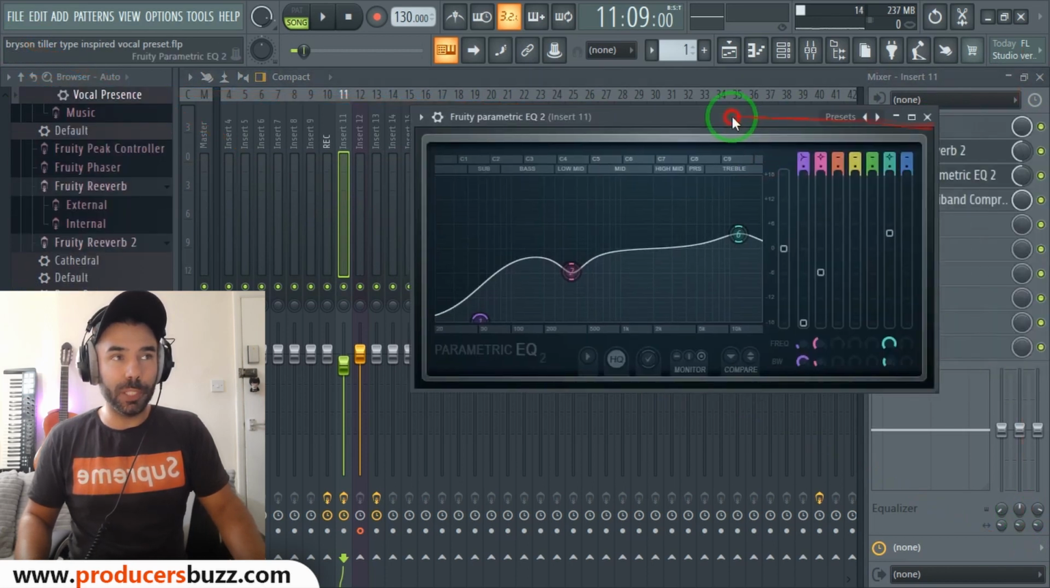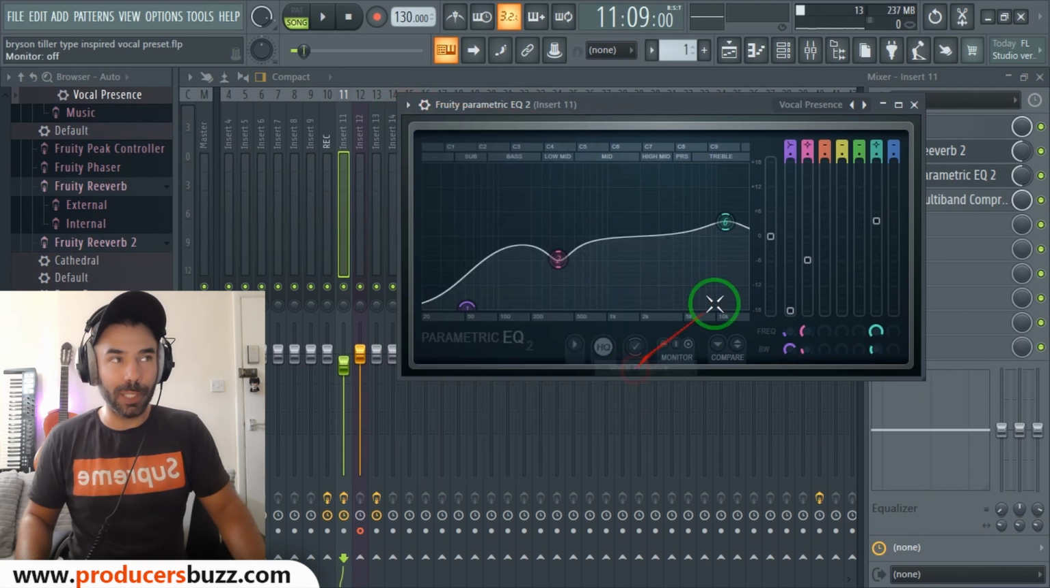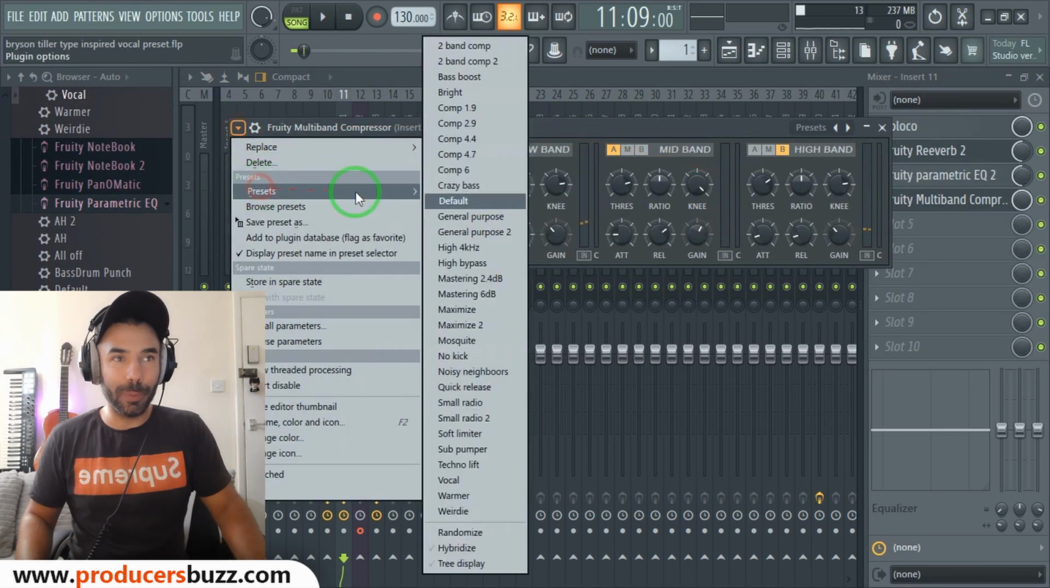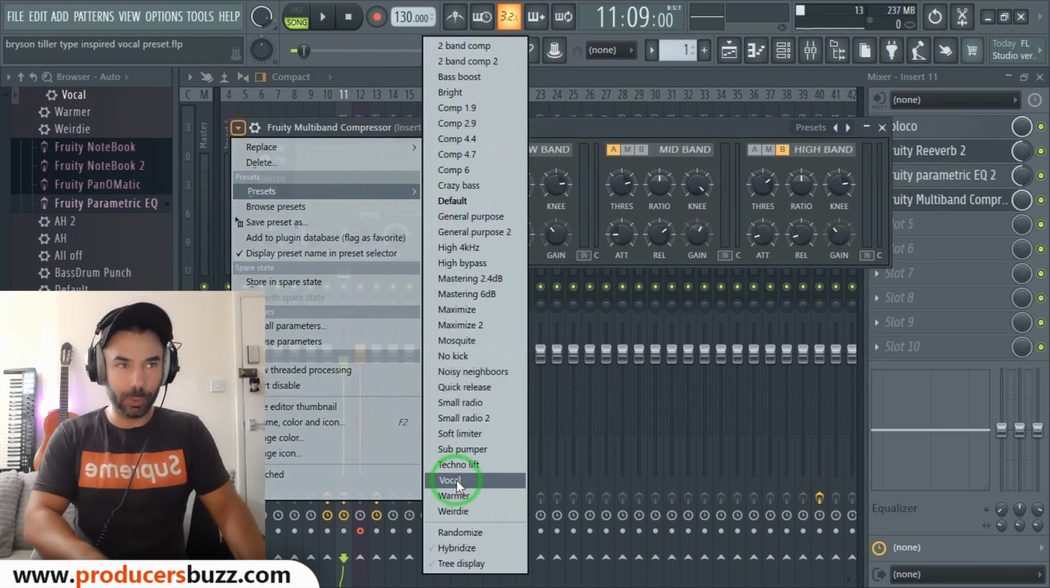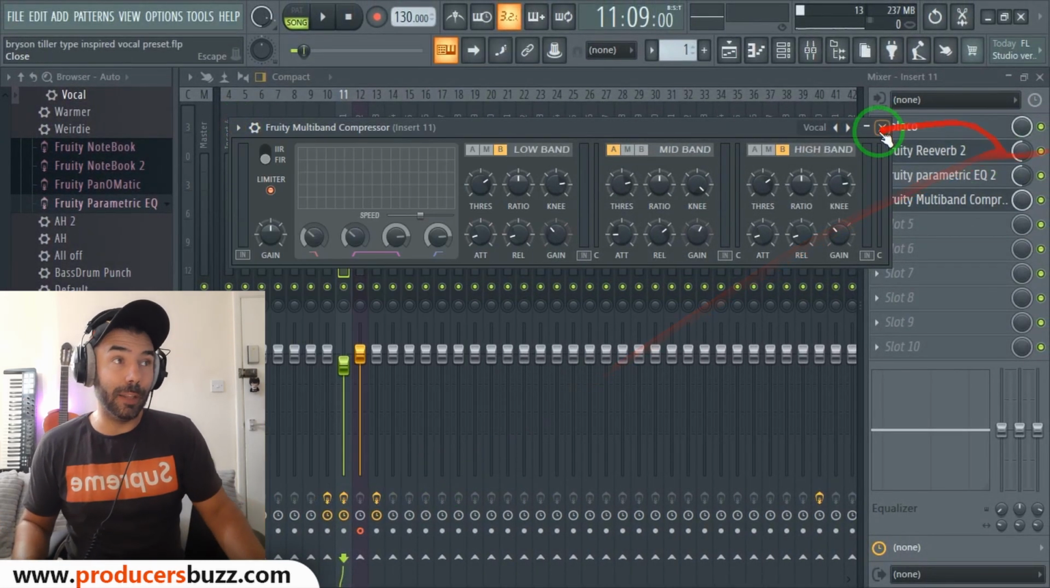Then we're using fruity parametric EQ, and all we do is we select the preset vocal presence on here, and then fruity multiband compressor, and we select the preset again called the vocal preset. So on the side, presets and vocal preset, and that's all you guys need to do, and that will turn